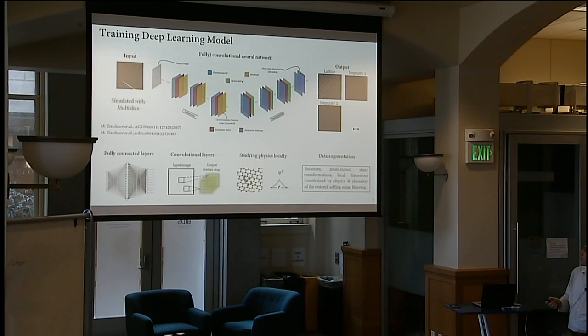The type of deep learning model that we use is this segment-like structure, an encoder-decoder type of architecture. It consists only of convolutional layers. You don't have any fully connected layers here. And it returns pixel-wise classification maps, so a probability of each pixel being a certain type of atom